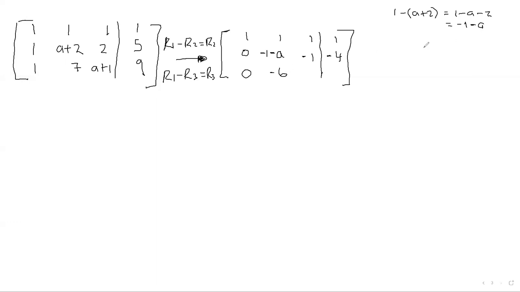1 minus a plus 1 is equal to 1 minus a minus 1. Then we're going to get a. So it's going to be a. Then now 1 minus 9 is minus 8, right? Then come here. We are done with this one, right? Now we focus on these two rows, right? The same idea is I'm trying to get